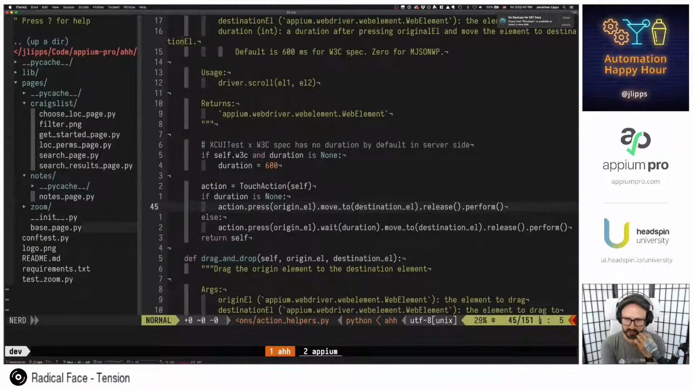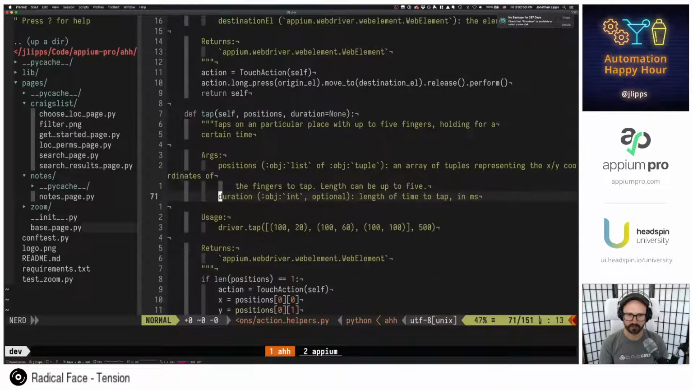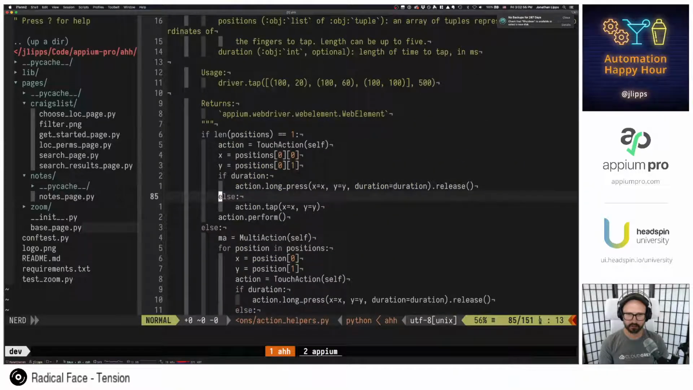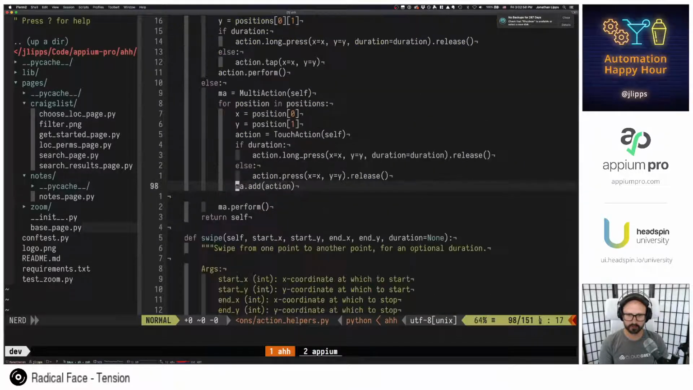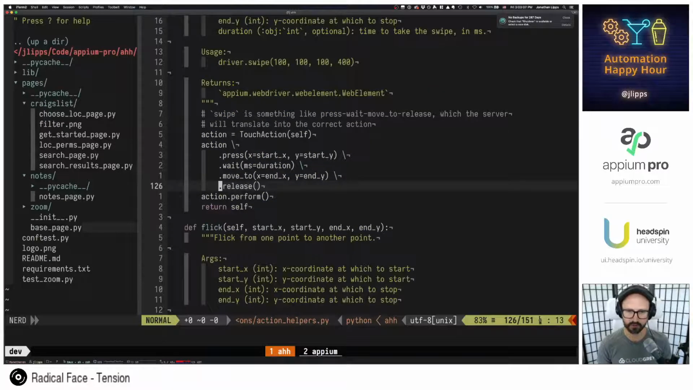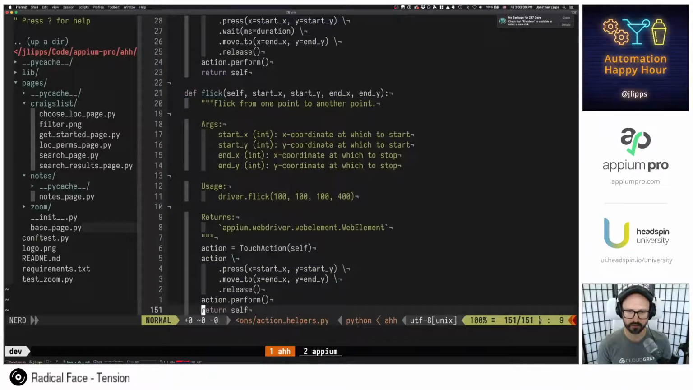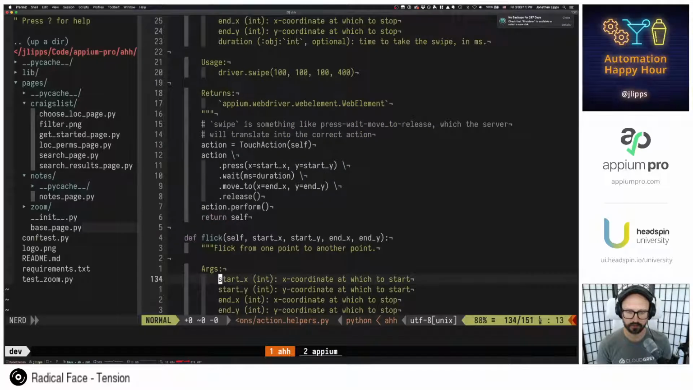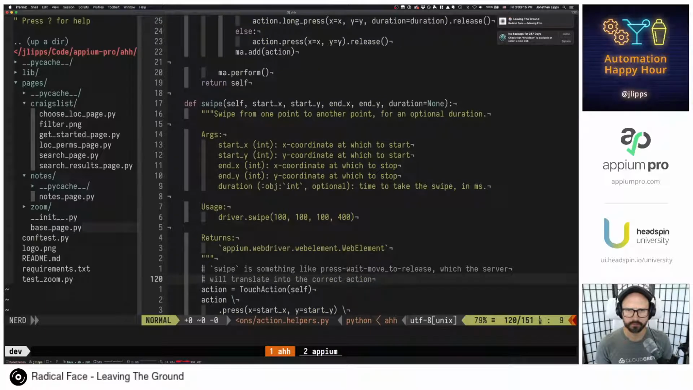Touch, and we press on that. Move to, release, perform. Yeah, this isn't really. Oh, we do have a swipe method. That's helpful. Use coordinates. Still don't quite know if this is the